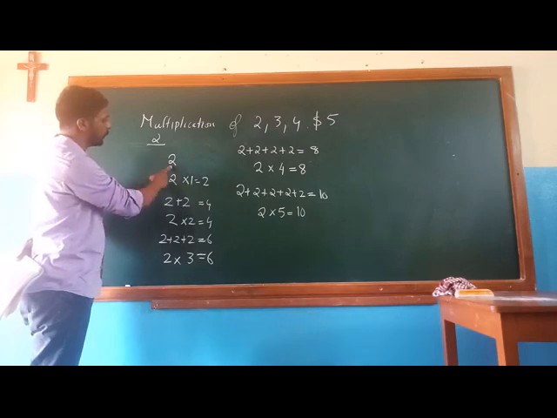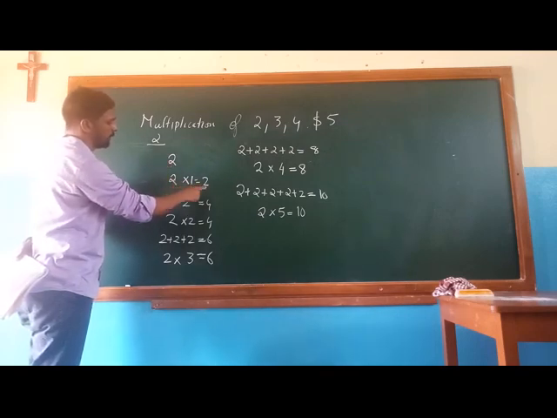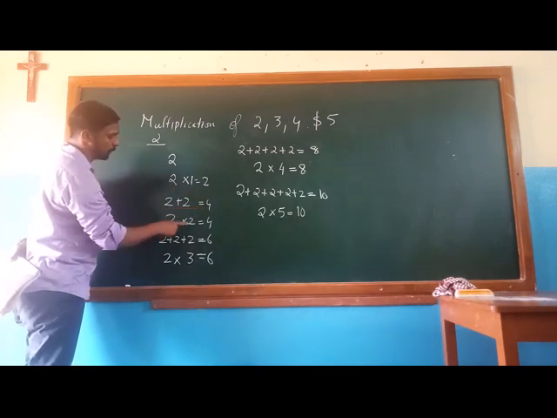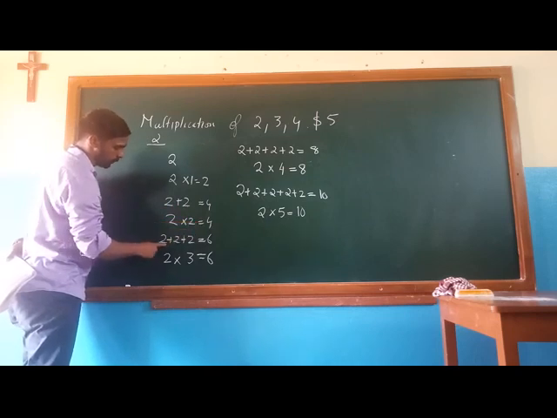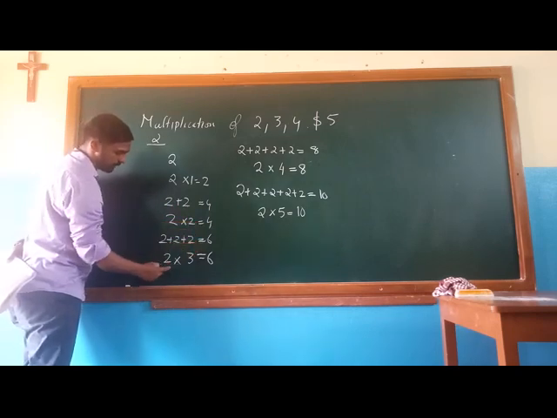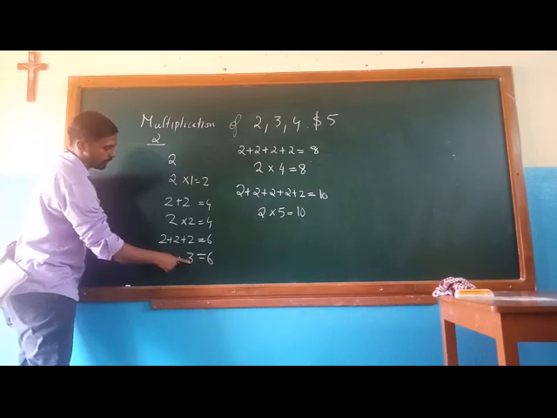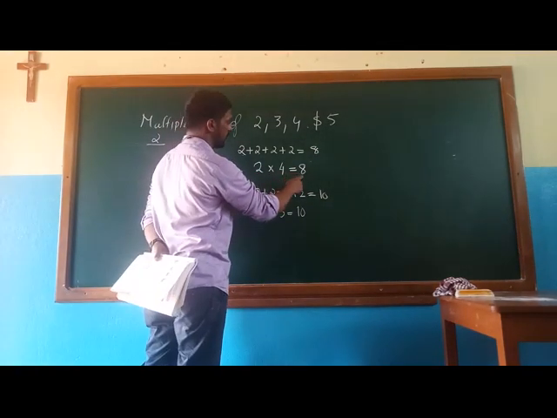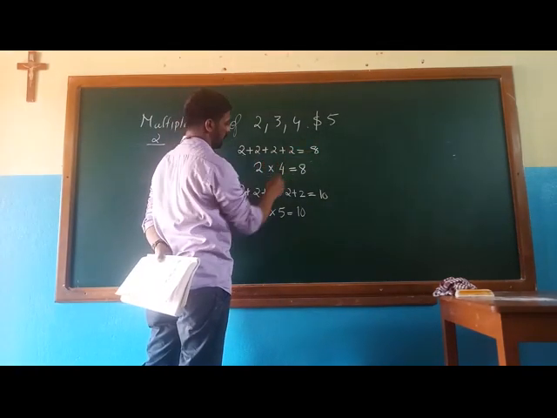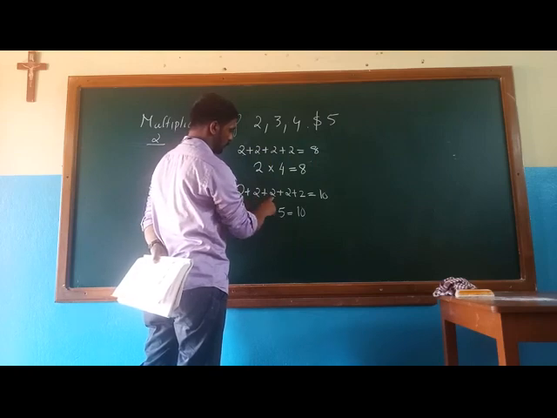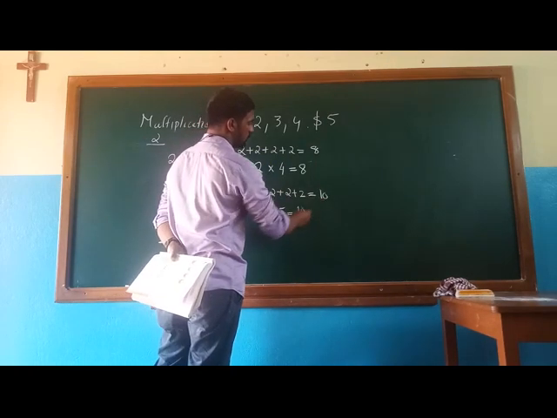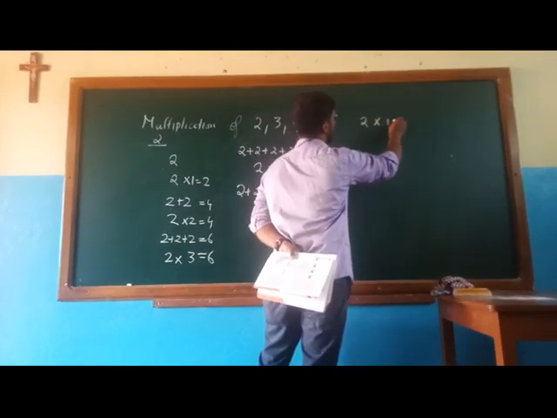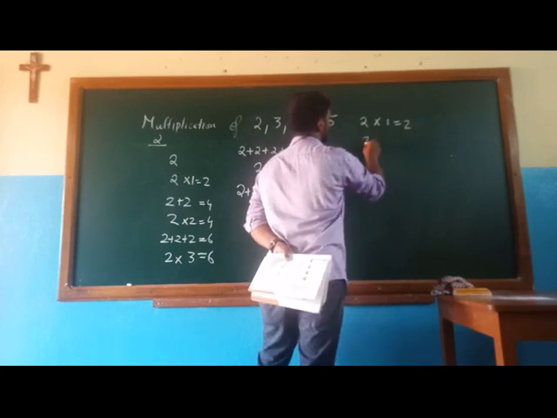So, 2 is added for one time. So, we write this 2 into 1 is 2. And 2 is added for 2 times, you got 4. So, we wrote it as 2 for 2 times is 4. 2 is added for 3 times is 6. That is, we wrote 2 times 3 is 6. So, 2 4 times is 8. 1, 2, 3, 4 added. 5 times, 1, 2, 3, 4, 5. So, it becomes 10. So, same way we can write it as for first